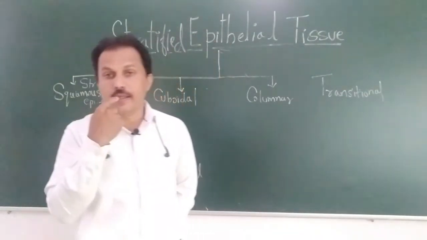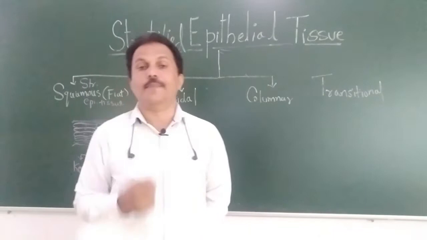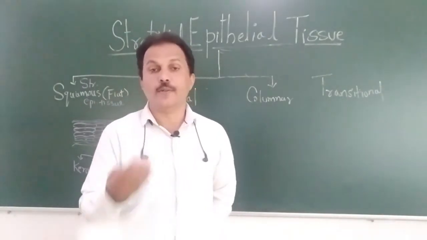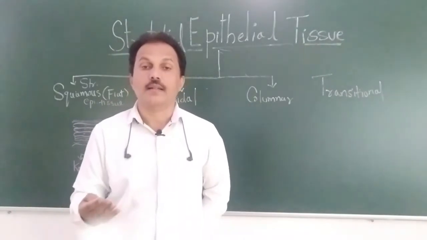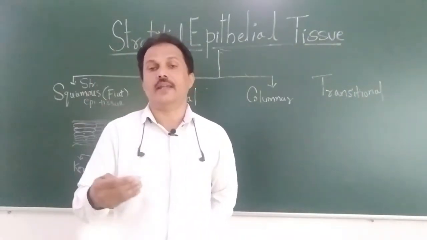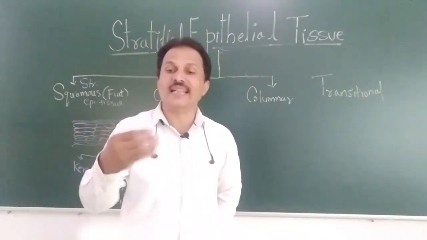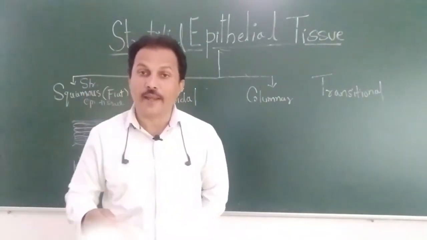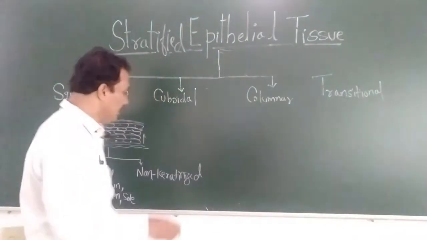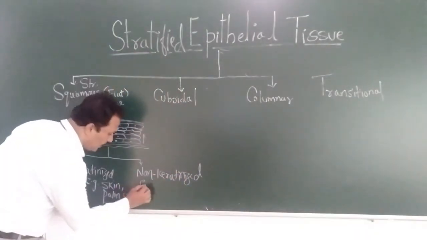Second, the inner area of the lip. Third, you will find it in the vagina. Number 4, the anal canal, the canal of the anus from where feces come out. And next is the cornea of the eye. At all these points, again I will write here as an example,